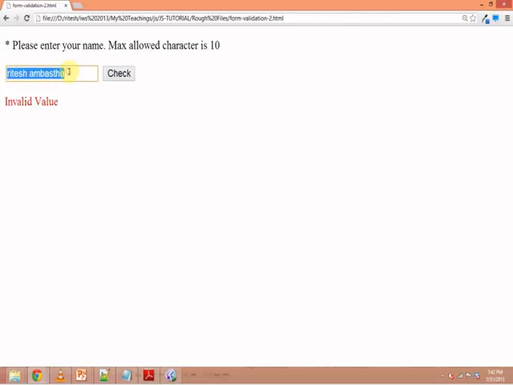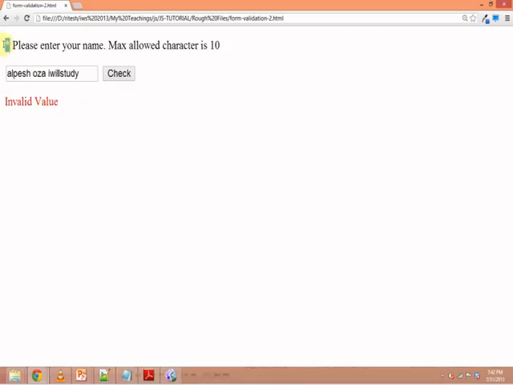Let's say if I give some spaces. See, I'm pressing the space bar. So that's why the number of characters is increasing. Otherwise, it is a valid value. So spaces are also counted. This is also a valid value. This is also a valid value. But let me add a few more characters and then you will see the difference: it's an invalid value. So this green color and red color is very interesting. It is far better than the alert box.